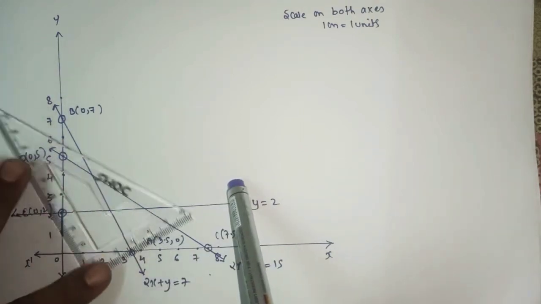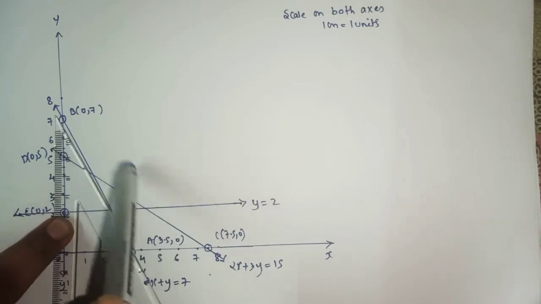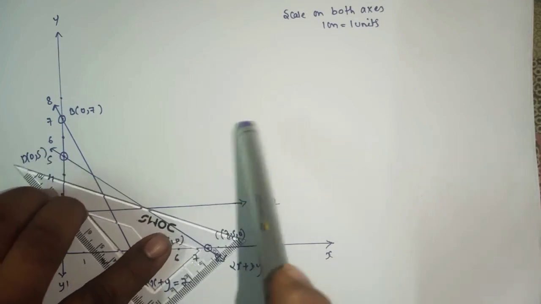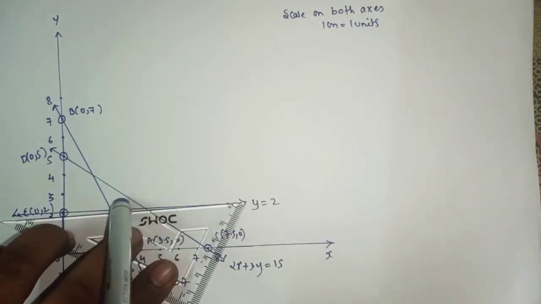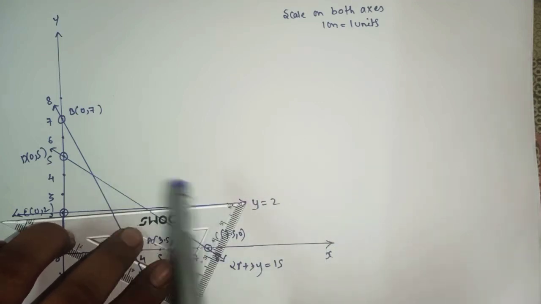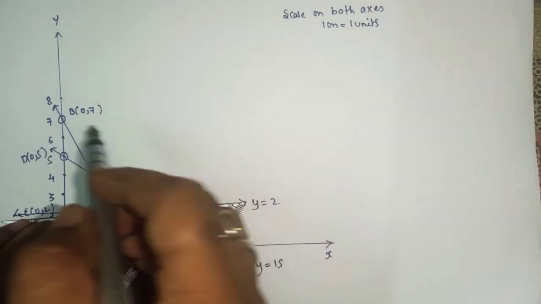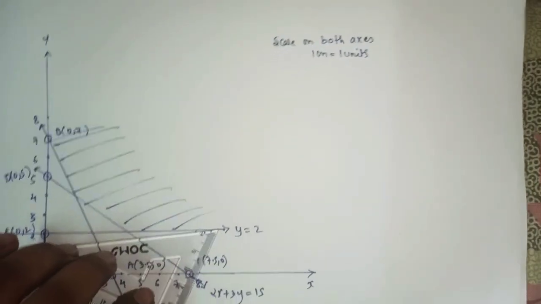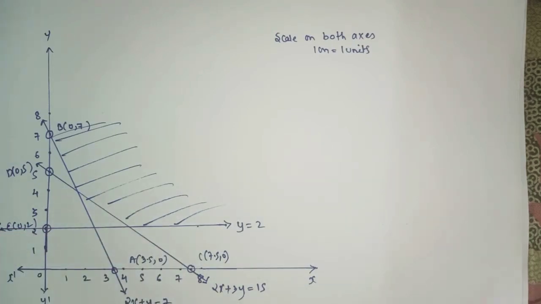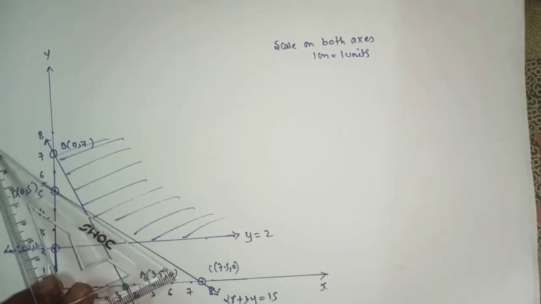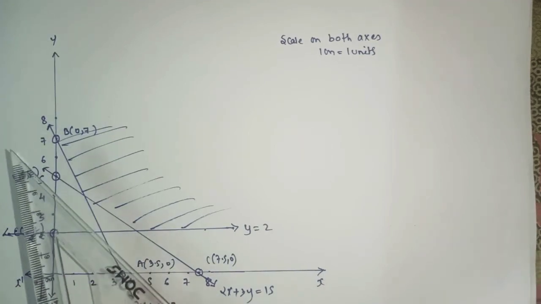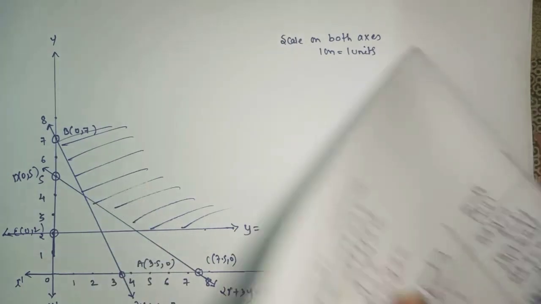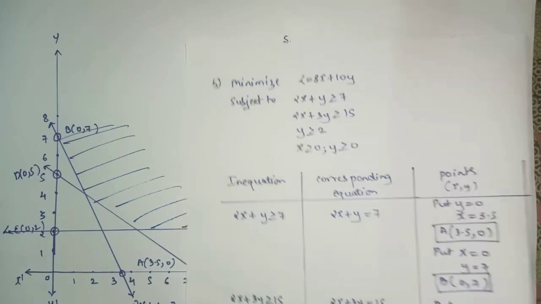So clearly we can see that for the first line, that is this section. For the second, this part. And for the third is this region. So clearly we can see that for all three linear inequations, the common region is this section, yes or no? So here we got the feasible region. In this way, with the help of a scale, you can guess where our common region will lie. So this was the feasible region for the three linear inequations which were given.